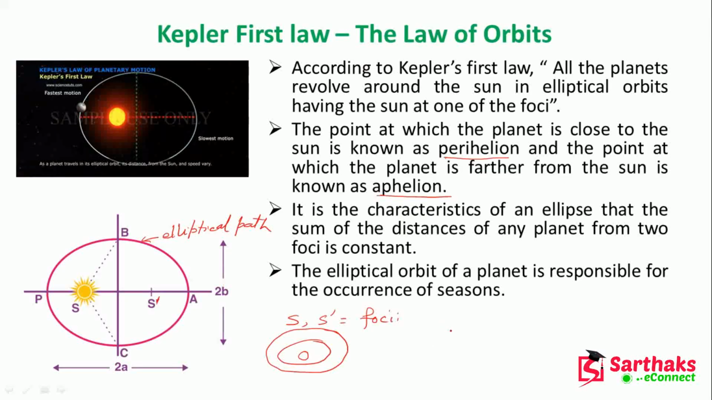So I am just trying to draw one here. Suppose this is the sun and one elliptical orbit is here. There is some planet here, okay, there is some planet here, and in this orbit,